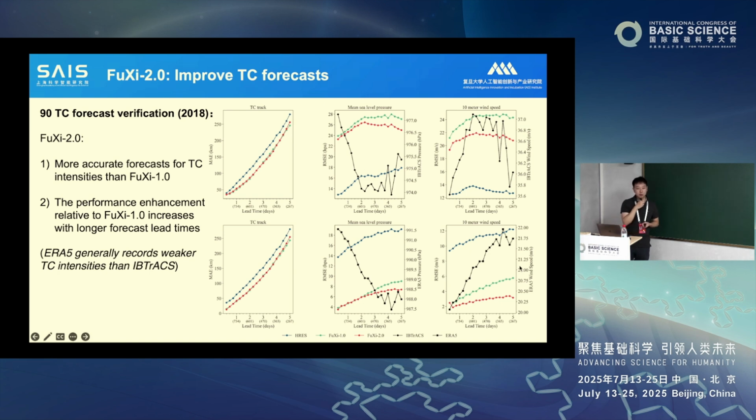So that means the training data we used for our model has much lower intensity compared to the observations, and that's one of the key issues, and it also suggests some potential for future improvement. We can try to improve the data that we use to train our model by generating more accurate training data ourselves using those NWP models.